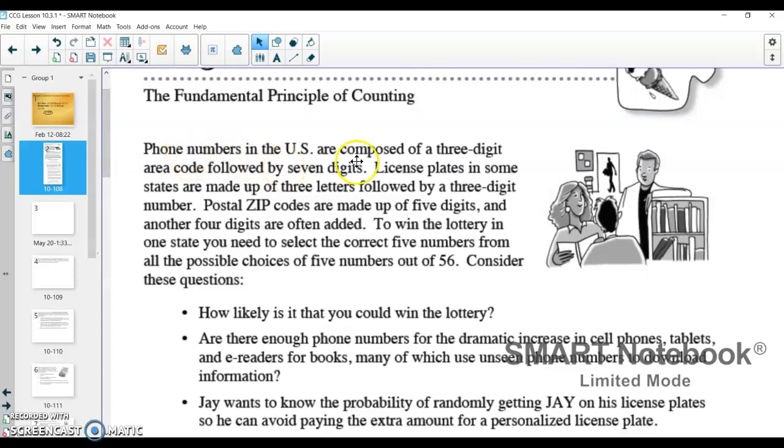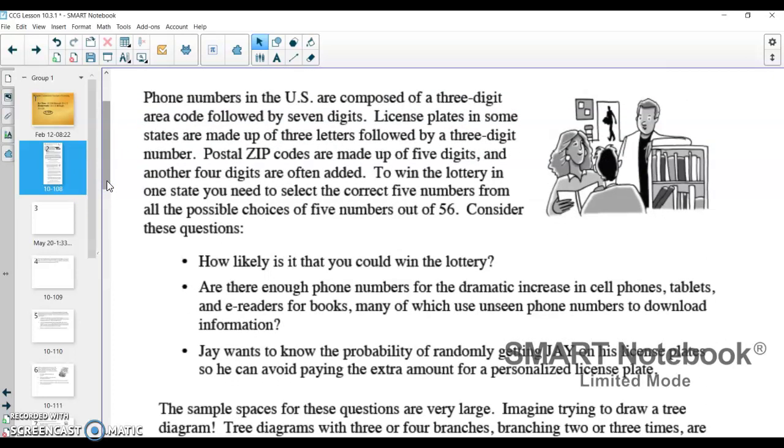It says phone numbers in the U.S. are composed of 3-digit area codes followed by 7 digits. License plates in some states are made up of 3 letters followed by 3-digit numbers. Postal zip codes are made up of 5 digits and another 4 digits added. To win the lottery in one state, you need to select the correct 5 numbers, all the possible choices of 5 numbers out of 56. And so it leads to this idea of how many different combinations we can get,